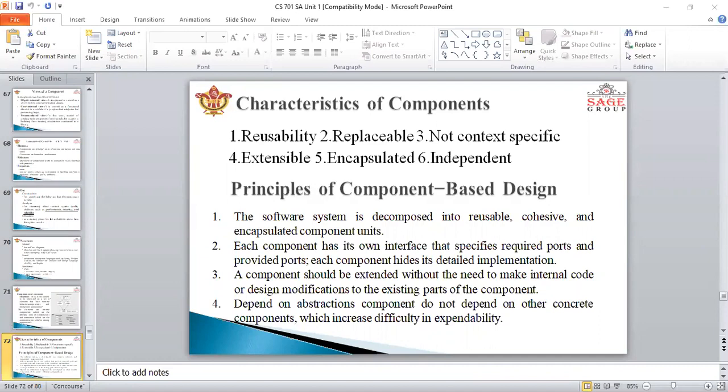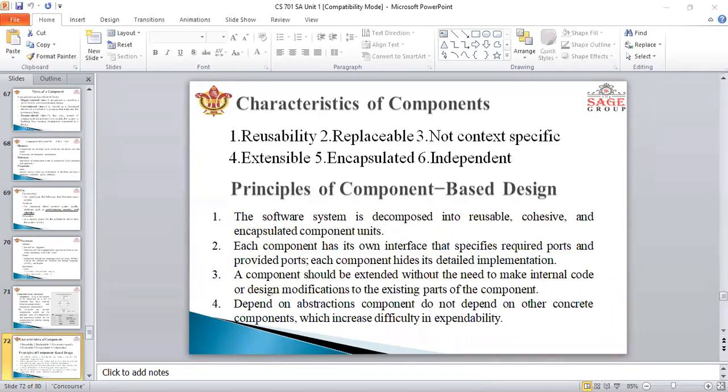And replaceable, that means a component may be freely substituted with other similar components, right? So this is replaceable. And not context specific, that means components are designed to operate in different environments and contexts. And extendable, that means a component can be extended from an existing component to provide new behavior.